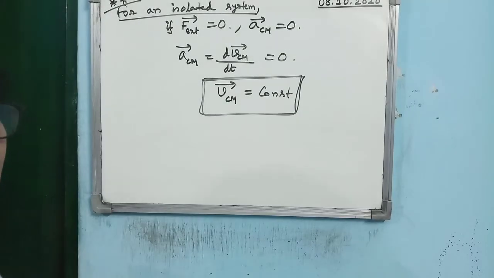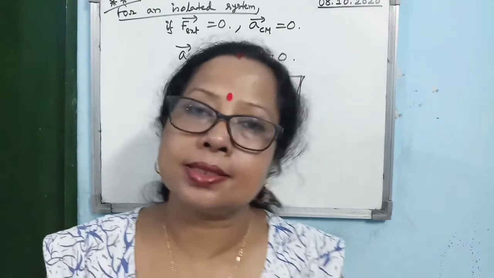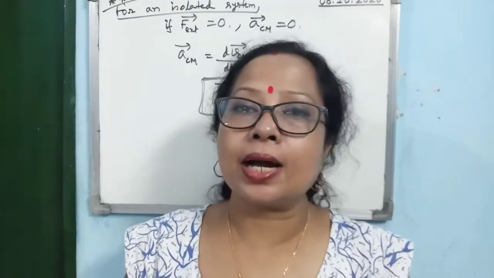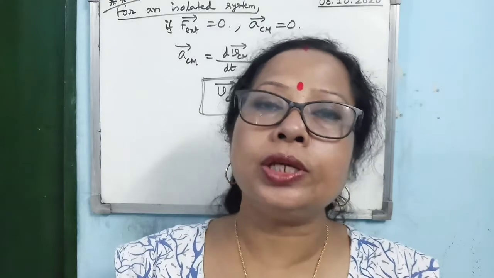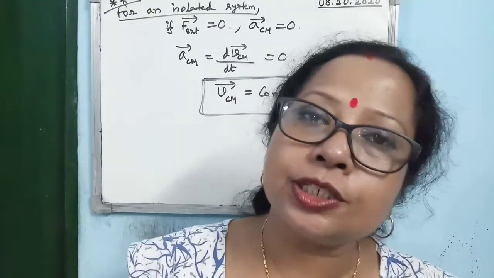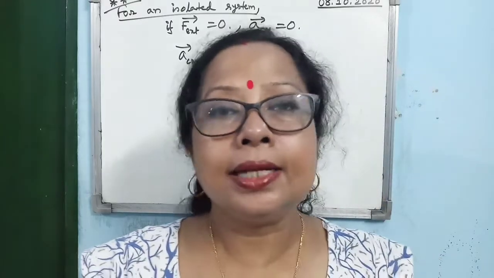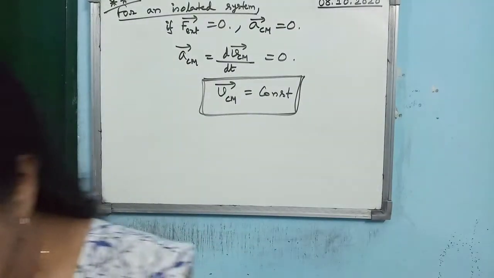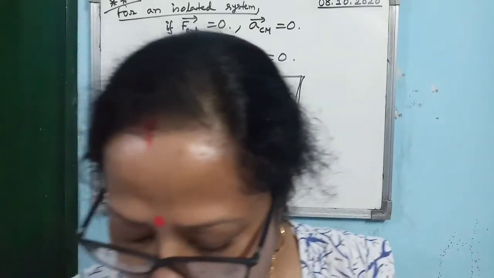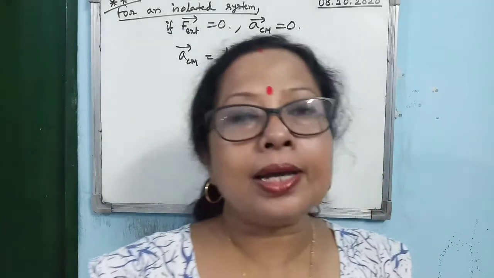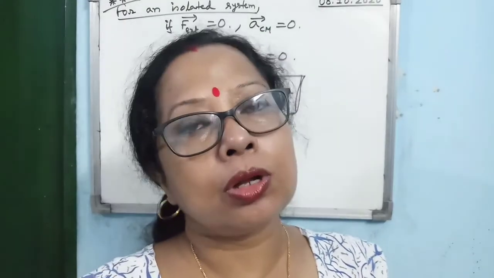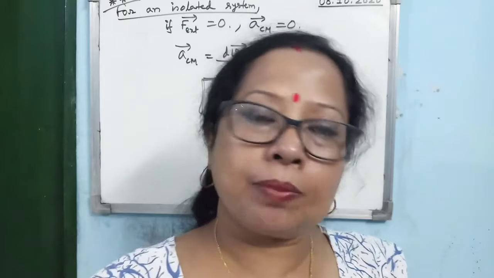When the external force acting on an isolated system is 0, then what will happen to the center of mass? The center of mass will move with uniform velocity, constant velocity. It will neither change its direction nor change its magnitude. Alright. Now, some examples of motion of the center of mass. Whenever you consider a projectile, you know a projectile always follows a parabolic path, isn't it?